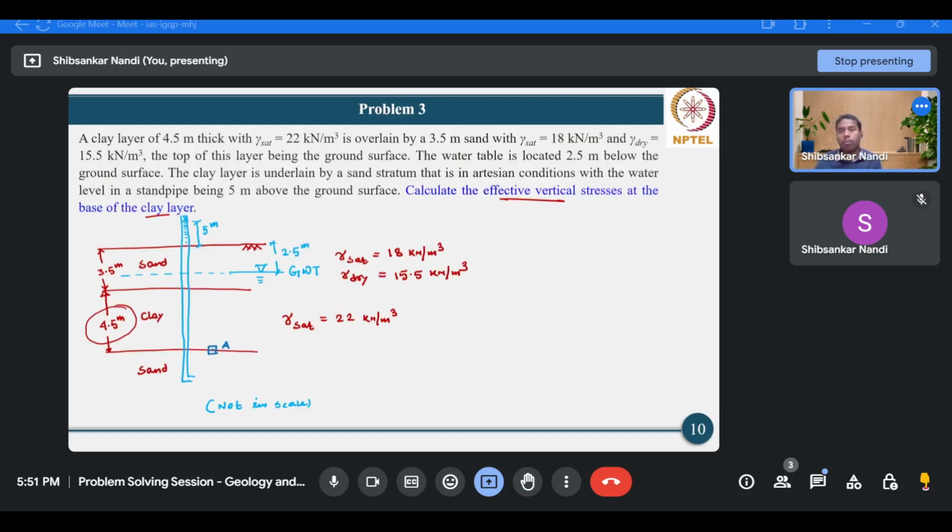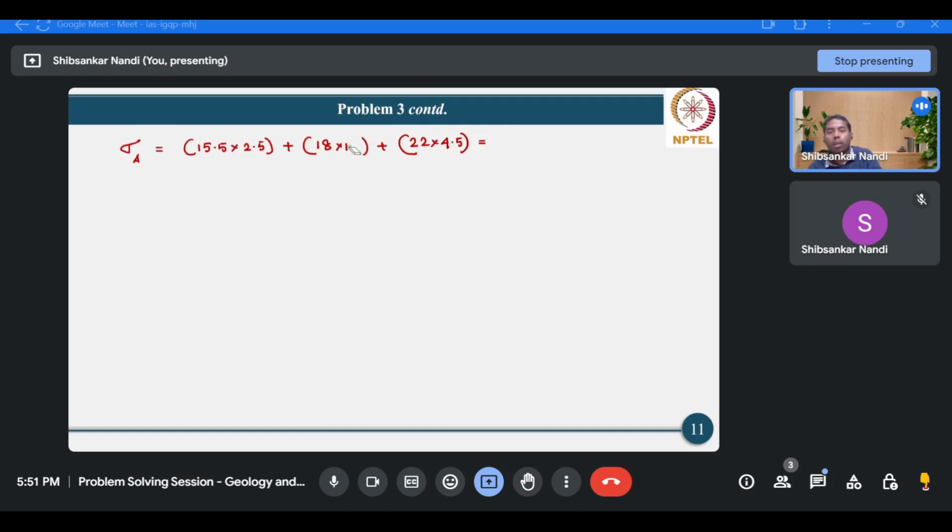Sorry, I made a mistake here, because if this is 2.5, then the remaining portion of the sand has a thickness of 1 meter, because 3.5 minus 2.5 will be 1, not 1.5. Okay, so please note a correction here. So it's 1. So that means the total stress value would be 155.75